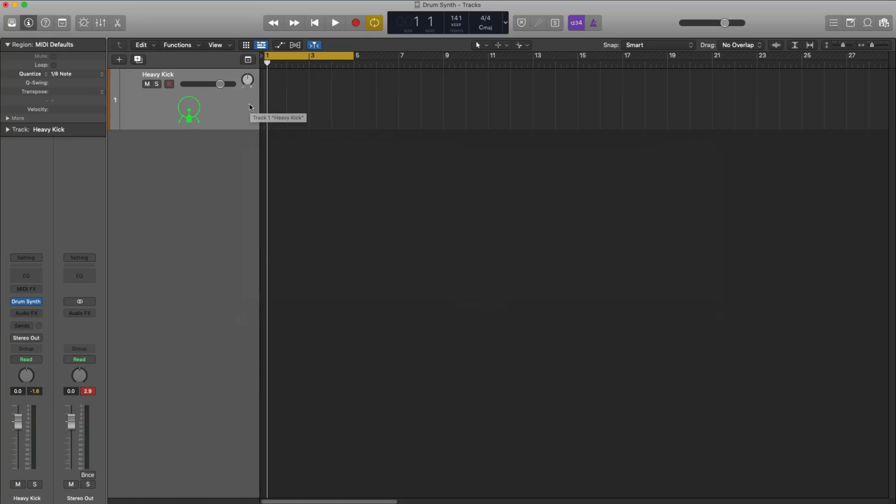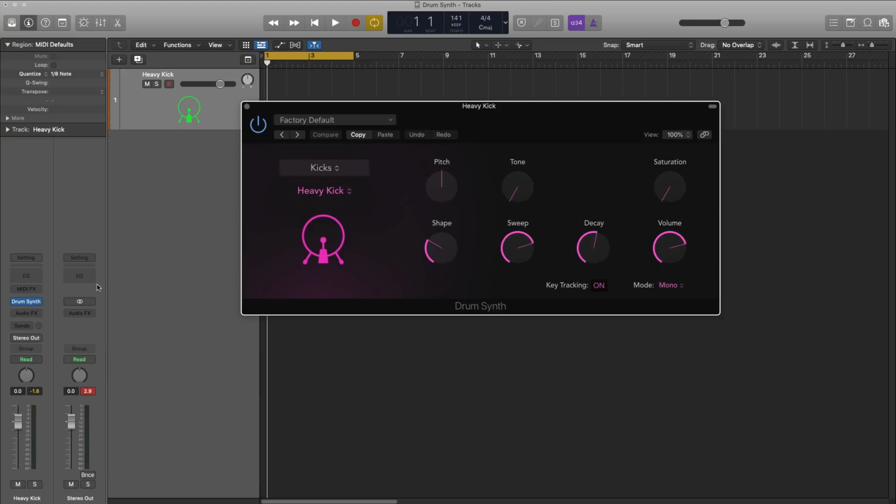All right, so carrying on with that Logic 10.5 content, another new plugin included with 10.5 is Drum Synth, and I think a lot of you are gonna like this one in particular. Now, a lot of times I'm working with drum samples, we just work with one shots, drag into our sampler, and we sort of bang out our drums from there. But in Drum Synth, it's sort of in the title, the drums are built off of synthesis. Within this plugin, we can go ahead and manipulate, create completely unique kicks, snares and claps, percussion, hats and